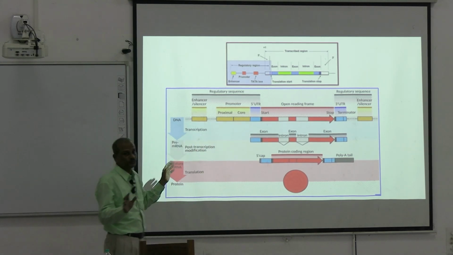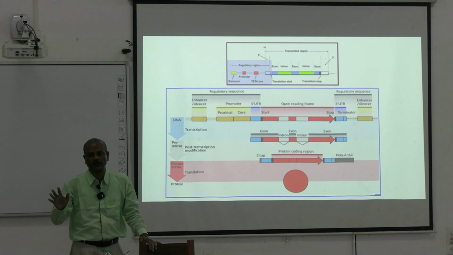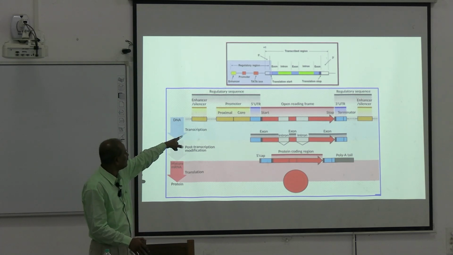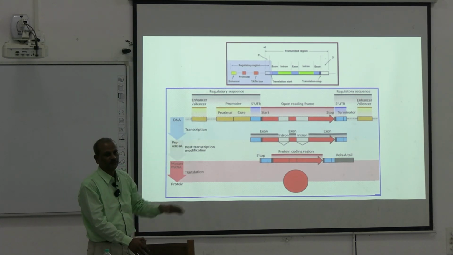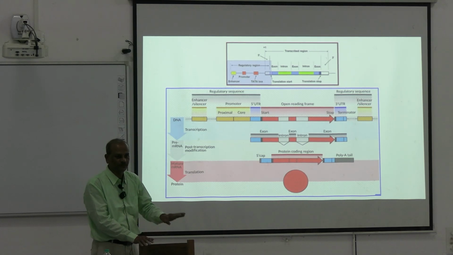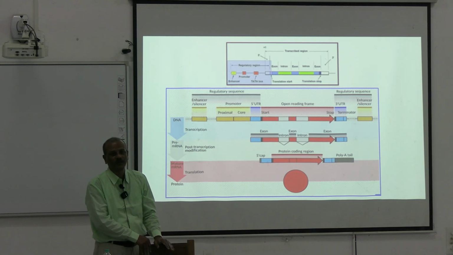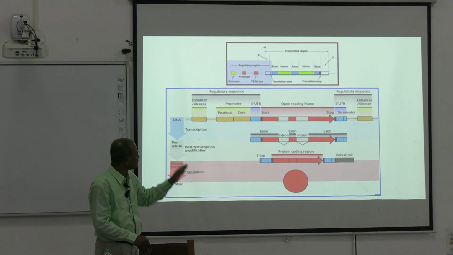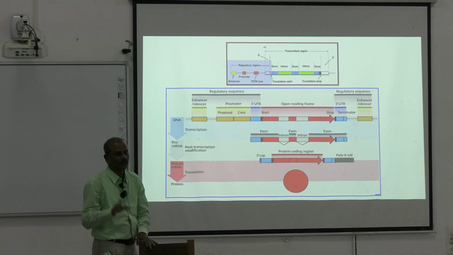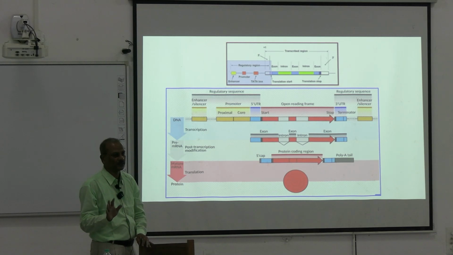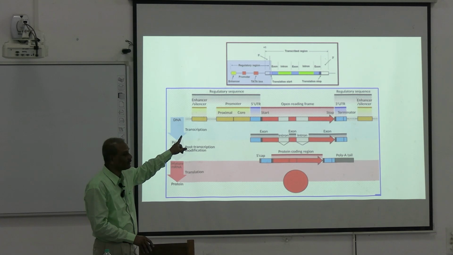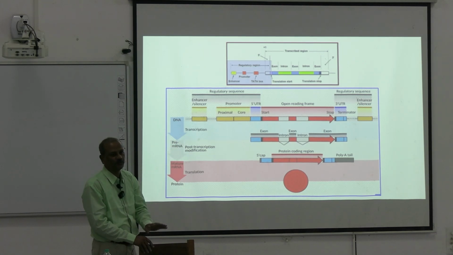So don't get confused between the 5' flanking region or 3' flanking region and the 5' UTR and 3' UTR. 5' UTR is totally different from the 5' flanking region. The 5' flanking region is mainly concerned with the regulatory elements, regulatory activities, these transcription factors, basically transcription. So 5' and 3' flanking regions are basically the regulatory regions. Don't confuse the 5' untranslated region and 3' UTR region with the flanking regions.